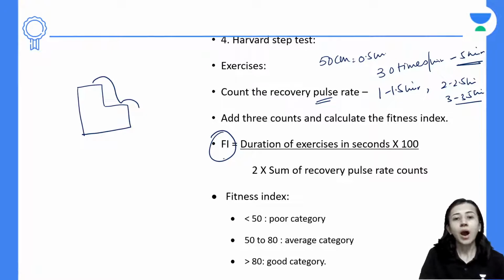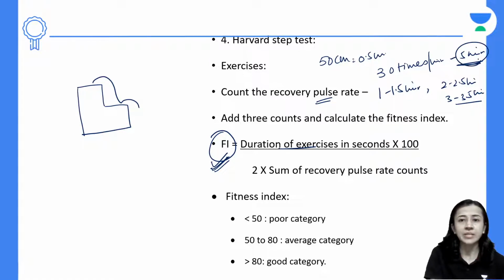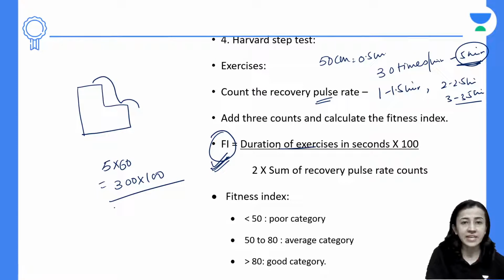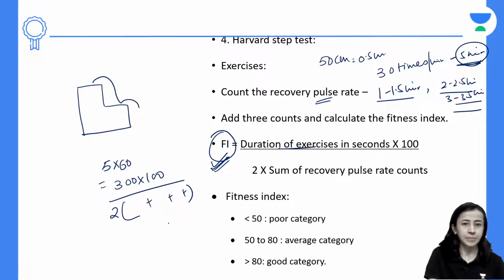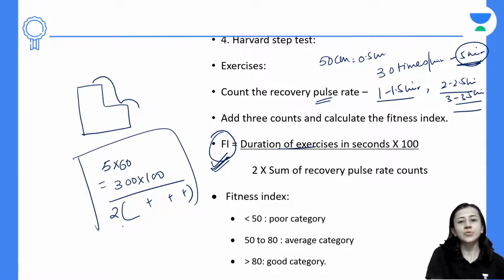So how to calculate the fitness index? This is also important. First, the duration of the exercise. We have allowed the person to perform the exercise for 5 minutes, so duration is 5 minutes multiplied by 60 seconds, which is 300. Then 300 multiplied by 100 divided by 2 into the sum of the recovery pulse. The recovery pulse means the pulse between 1 to 1.5 minutes, 2 to 2.5, and 3 to 3.5 minutes. Whatever pulse rate you get, add all three, and by this formula you can calculate